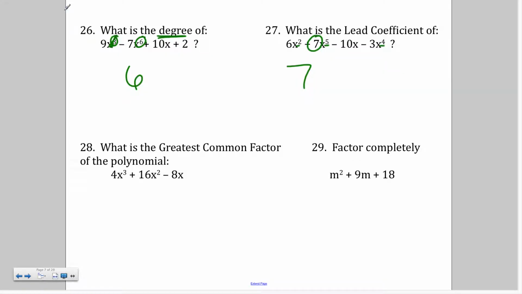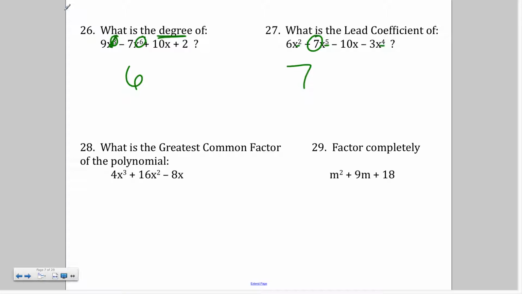All right, so it says, what is the greatest common factor in the polynomial? So you're going to have to see what each one has in common. If we look at the numbers first, we have 4, 16, and 8. Now, if you think about a number that goes into those,